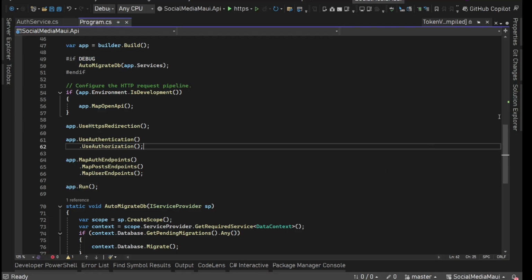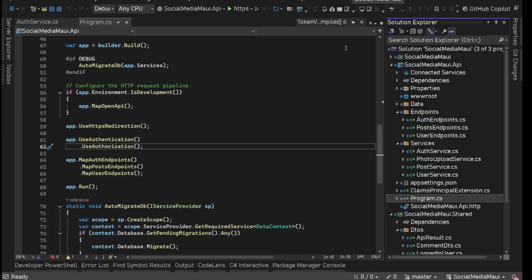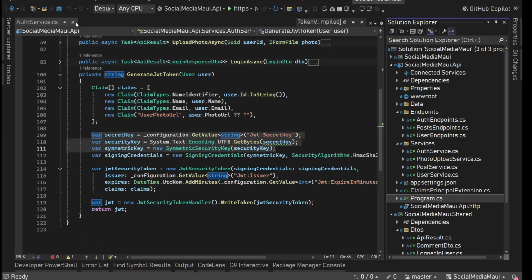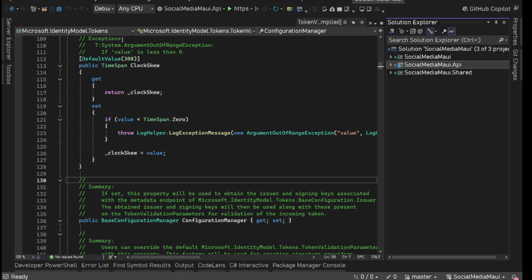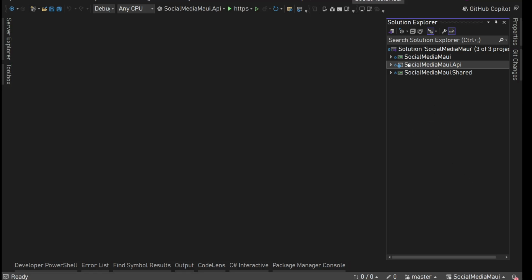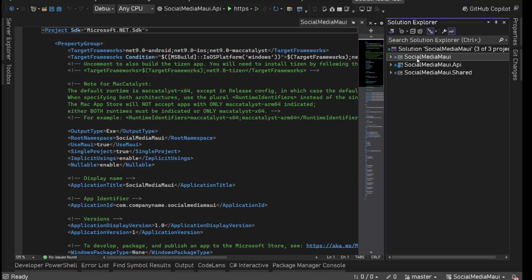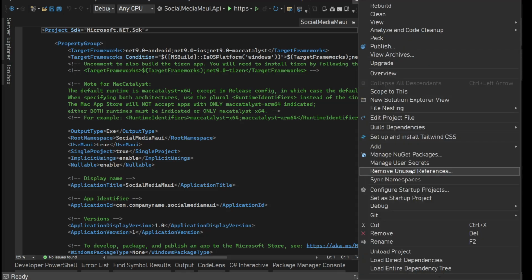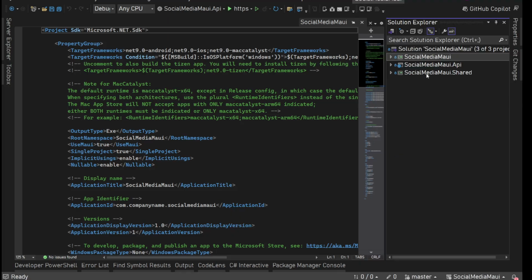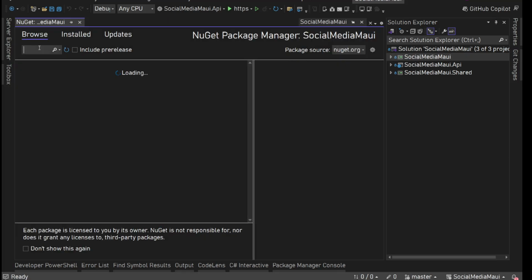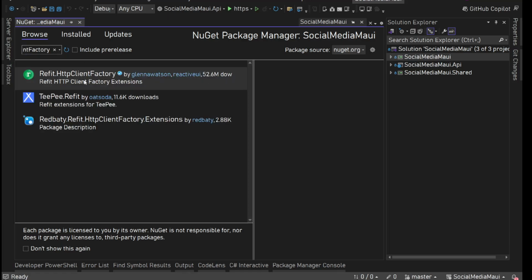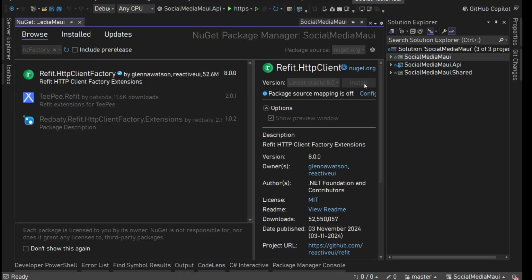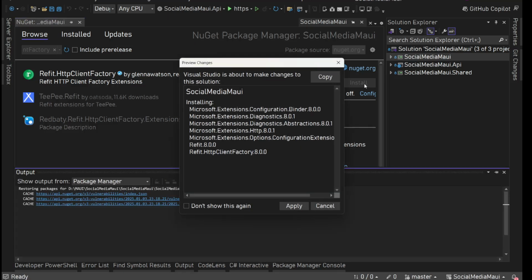All right. Now when our API side is ready, now we'll start consuming this API in our mobile MAUI app. All right. So for this, we are going to use Refit client. The first thing in our mobile MAUI application, we are going to add one NuGet package. That is going to be refit.http client factory. Now, how to set up this, what it is, what it gives us, for all these things,